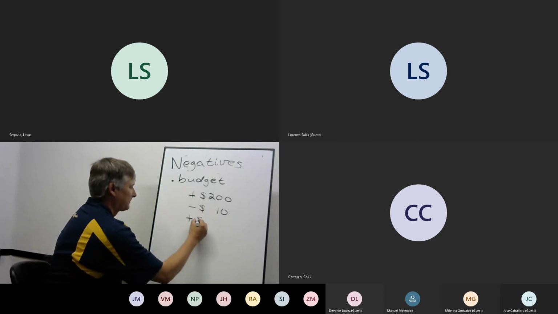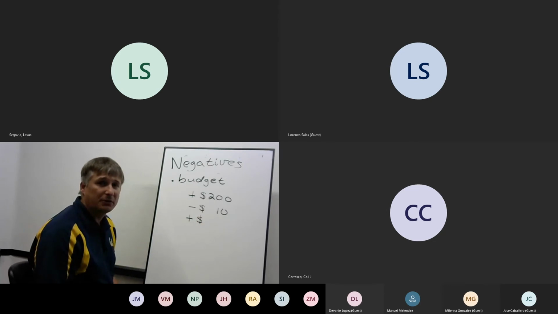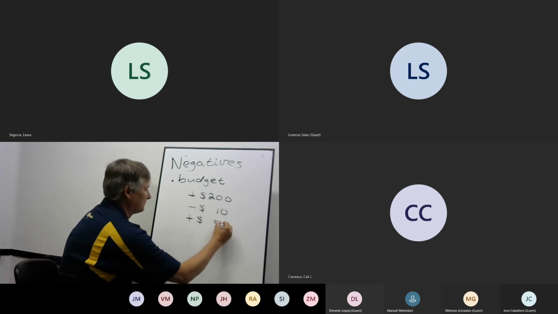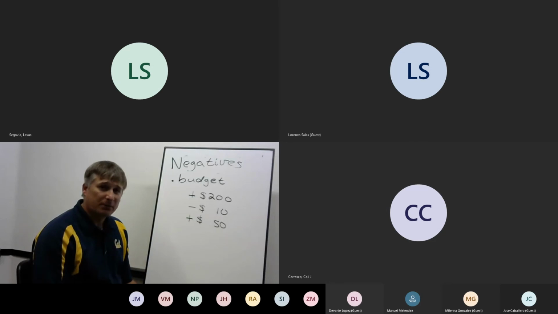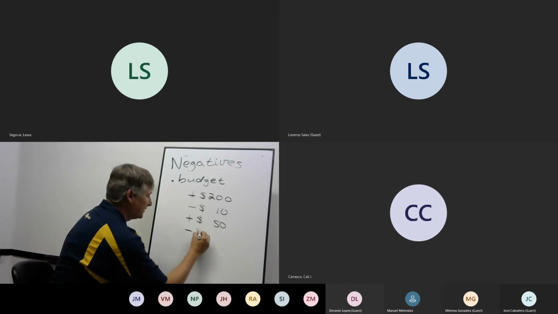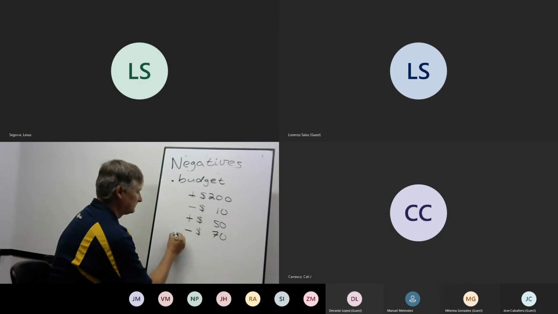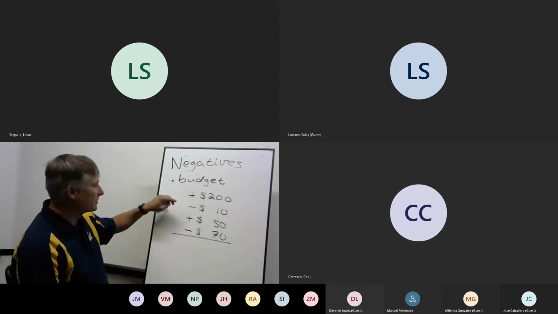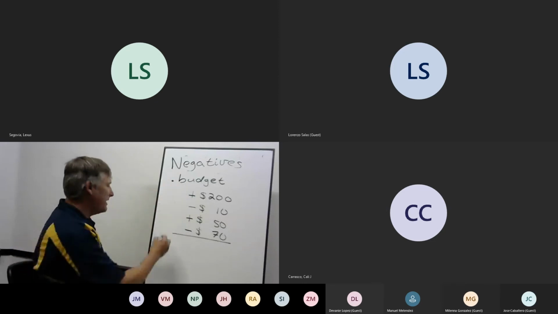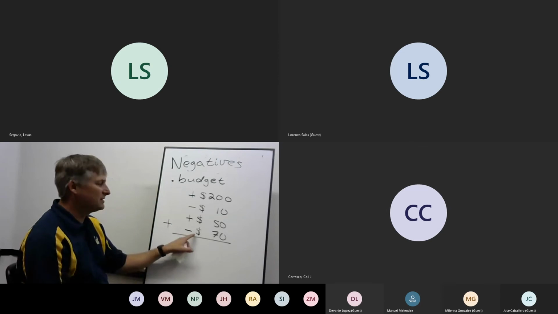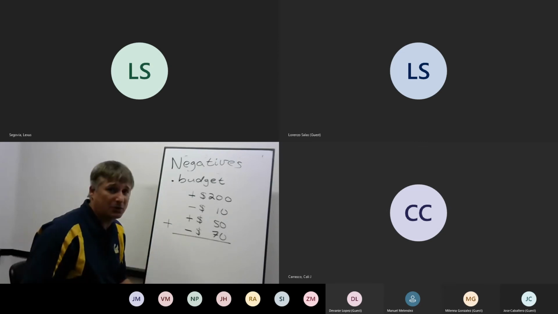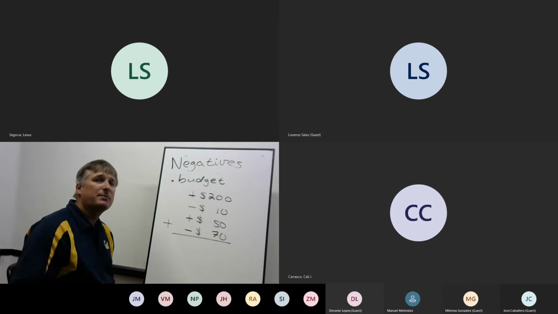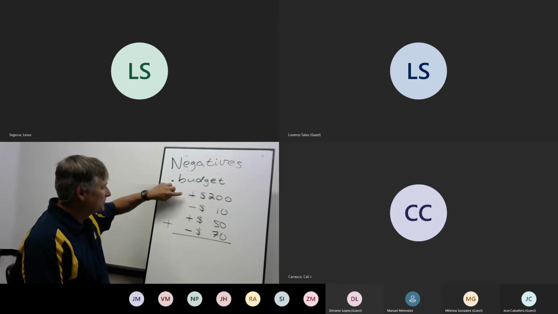And then let's say I sell something on Craigslist or eBay. But then the electric bill comes in. I owe the electric company, golly, let's say $70. So what we do is we combine these numbers. We have a plus 20, and we actually add them all together. We treat these as negative numbers. Now, we can think of them as subtraction if you want, but we can also think of them as adding a negative. So this could be 200 minus 10.